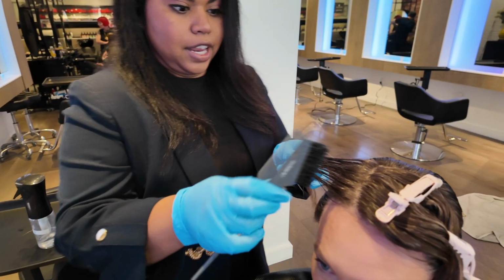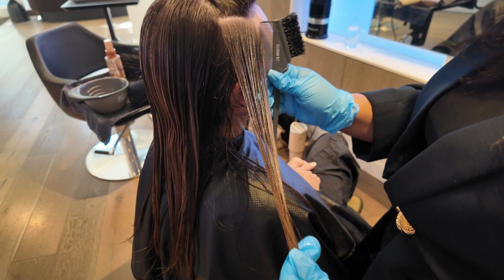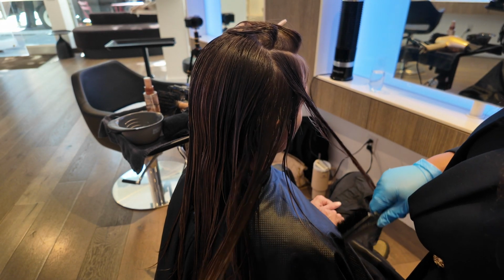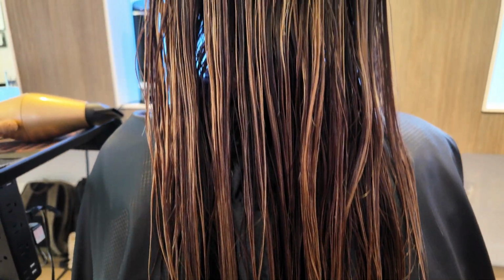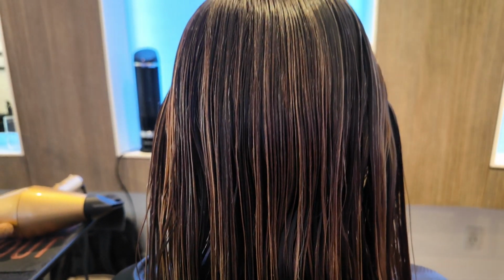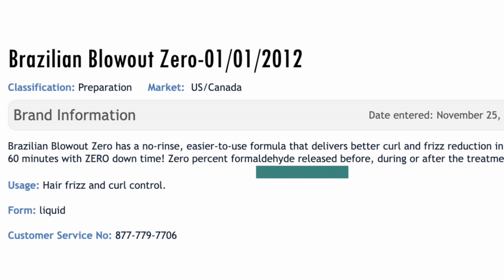She brushed the straightening solution into my hair with a fine comb to coat each strand, which contains a blend of keratin and other smoothing ingredients. The original Brazilian blowout formula contained formaldehyde, which was classified as a carcinogen. In response, Brazilian Blowout created a formaldehyde-free alternative called Brazilian Blowout Zero Plus. Brazilian Blowout Zero has 0% formaldehyde released before, during, or after the treatment, which has reduced the fear-mongering associated with